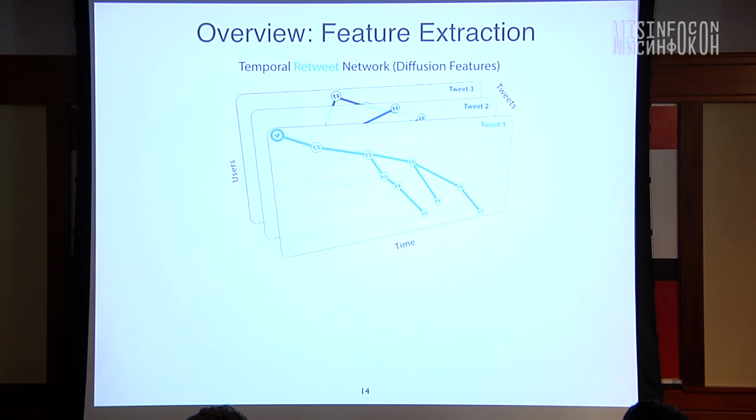And then, of course, the most predictive feature is what I call propagation features, which is the shape of the propagation of the rumor. So, for example, is it really bursty in the beginning and then it slows down, or does it have a slow start and then suddenly there's a lot of people talking about it? These different shapes are very informative in terms of whether something is true or false.